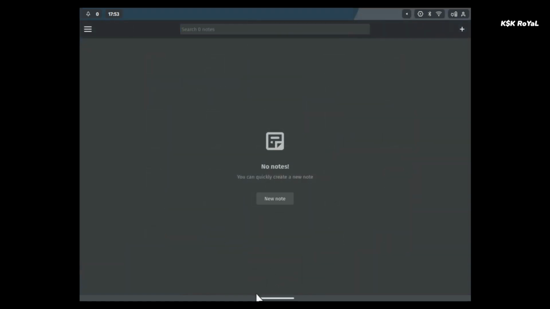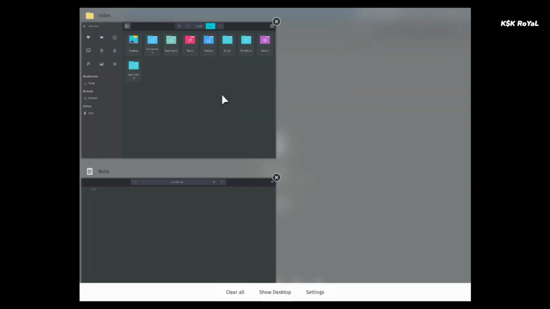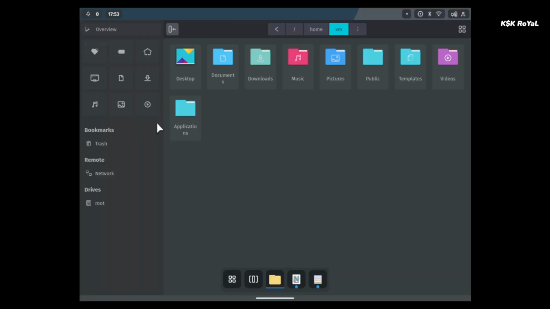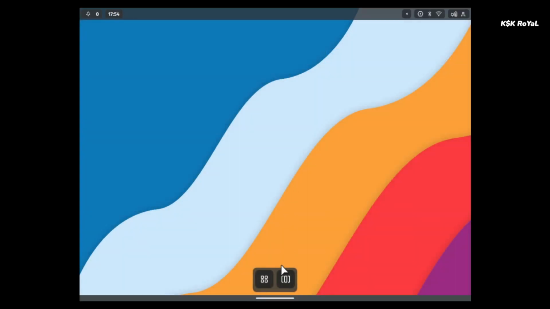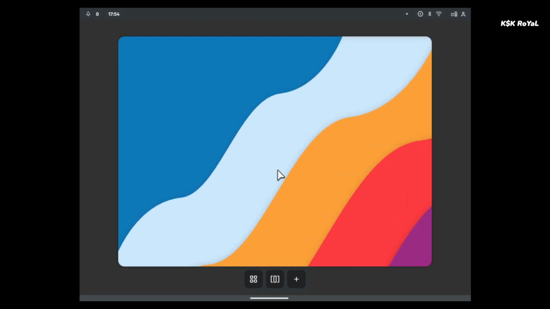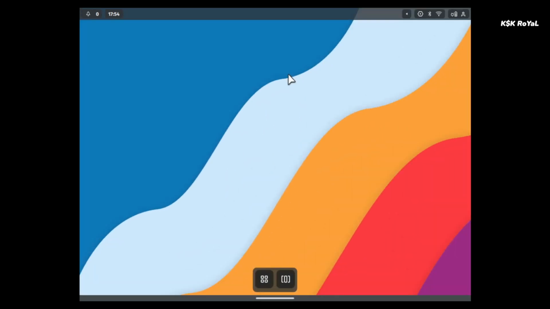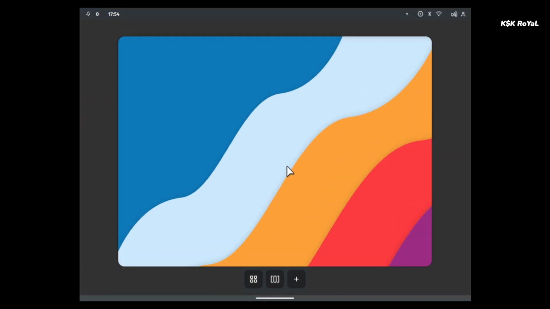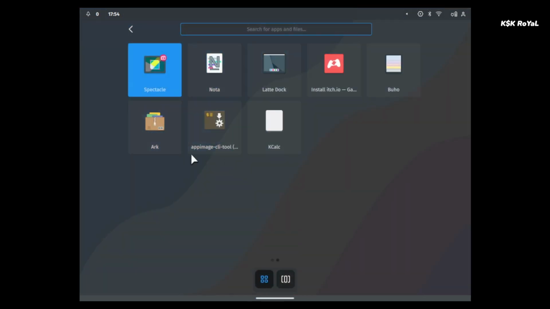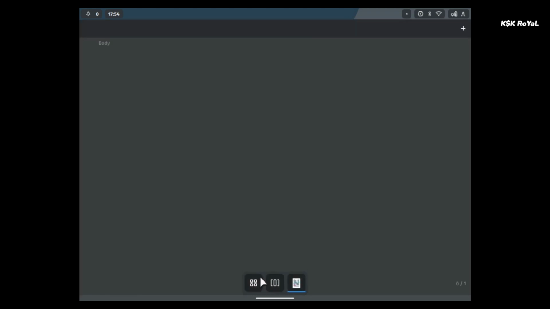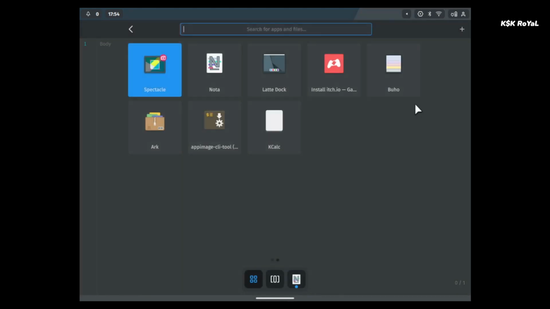Now next to the launcher icon, you can see the workspace overview button that shows running applications on the current workspace. Now swiping up from the bottom brings up a GNOME-like overview page. I believe this kind of gesture is used to preview all workspaces on tablets or touchscreen devices. For now, you can see it's not at all usable and the apps running on the current workspace are not aligned properly.